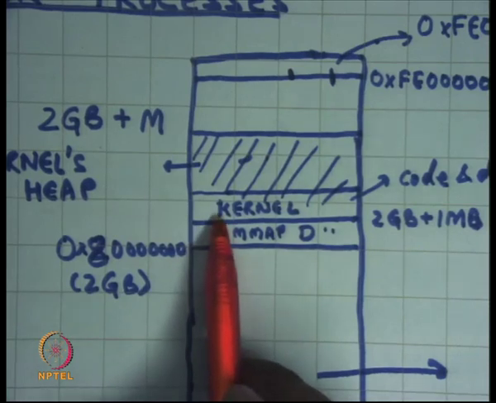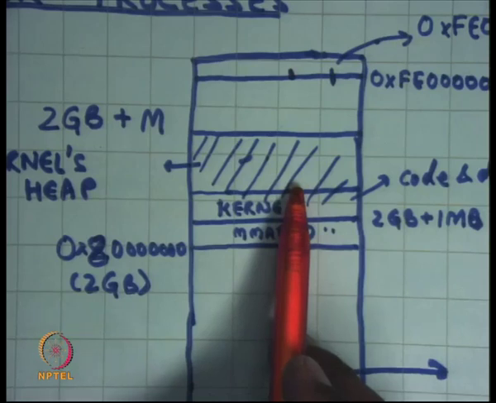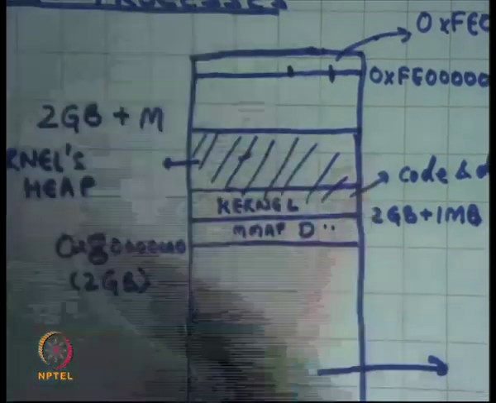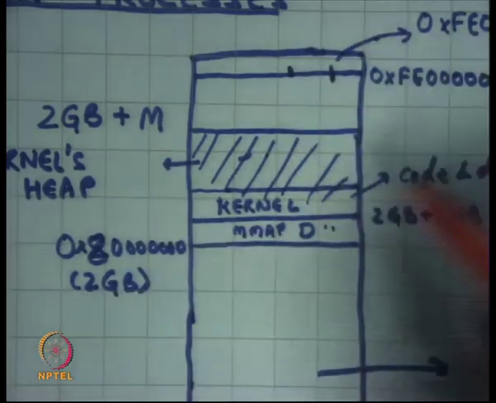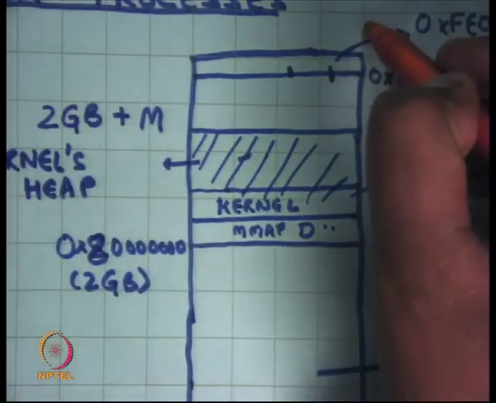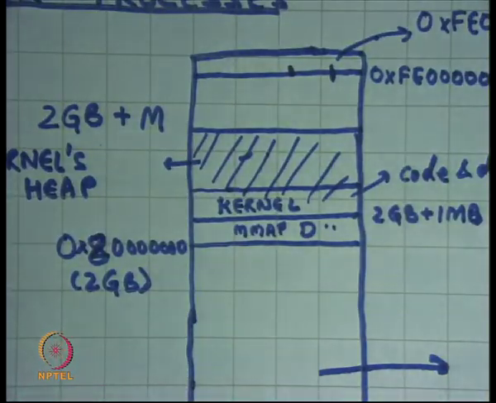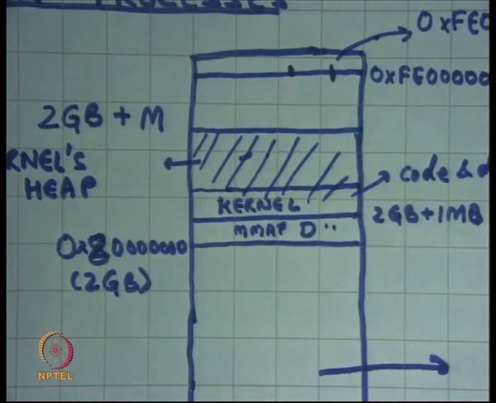Then 2 GB plus 1 MB to whatever the kernel code and read only data is, that should be mapped to 1 MB to 1 MB plus whatever the kernel size is in read mode. You don't want the code to be writable, just a precaution measure. So you just basically map it in read only mode. And then for everything else, which is the kernel's data and all the other memory, that should be mapped in read write mode